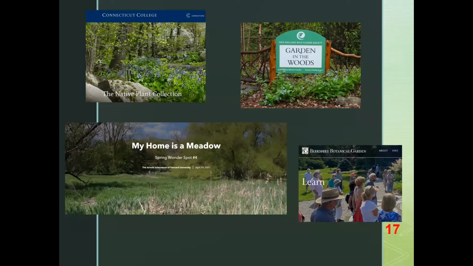Another way of enjoying these landscapes is to go and look at other places where they've really been well developed. And we're fortunate around here to have a lot of opportunities to explore these different gardens and landscapes. In our own backyard, the native plant collection at Connecticut College is a wonderful place. It's open year-round,